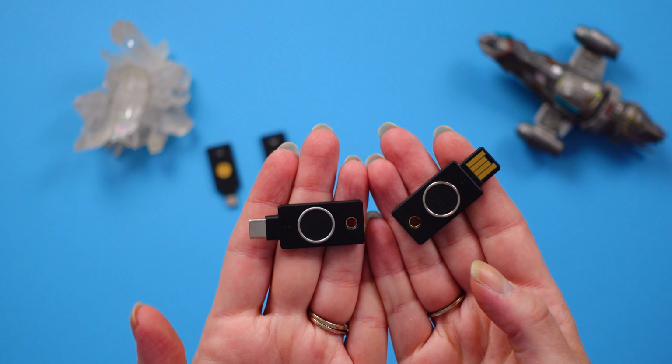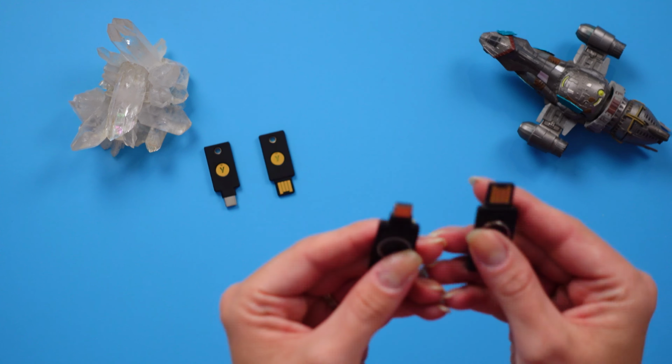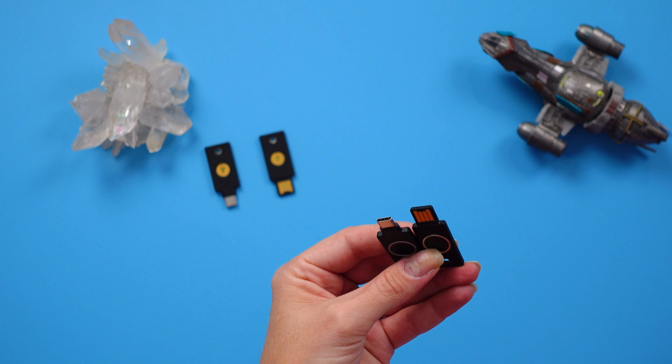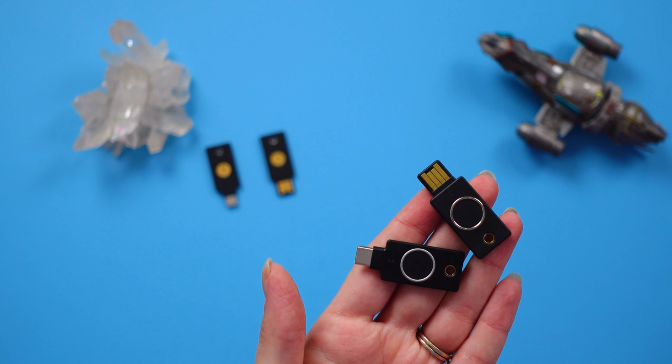Now, I did run into a few problems that I wanted to bring up about the biometric hardware security keys from Yubikey, or you may call them caveats that I had discovered when researching this tool. So first off, it does not have NFC built into it. So if you want to log into a device that does not have USB-A or USB-C, which are the only 2 options for the Yubikey Bio,